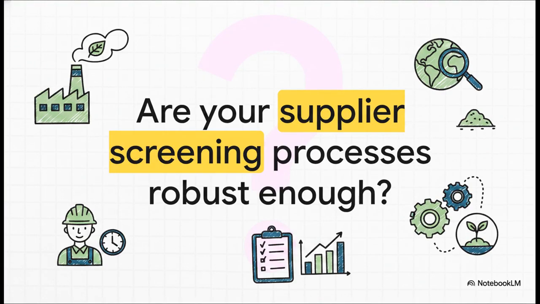Which brings us to the ultimate question you really have to ask yourself after reviewing this standard. Are your supplier screening processes robust enough to withstand public ESG reporting? Whether it's meticulously calculating incident rates for a temporary contractor on your factory floor or auditing the environmental impact of an iron ore mine halfway across the world, the SASB standard demands total operational transparency. It shows that managing risk isn't just about protecting the bottom line today, it's about proving you literally have the systems in place to be sustainable tomorrow. Take a hard look at your data collection and your vendor policies and make absolutely sure you're ready to report.